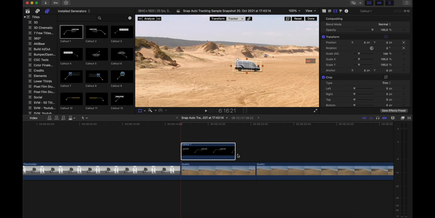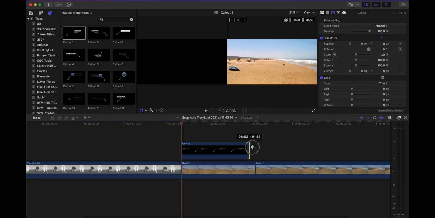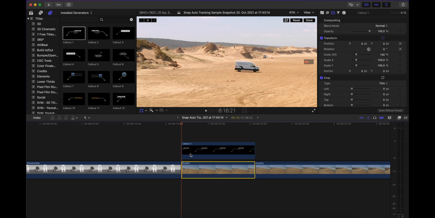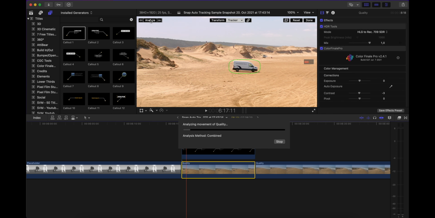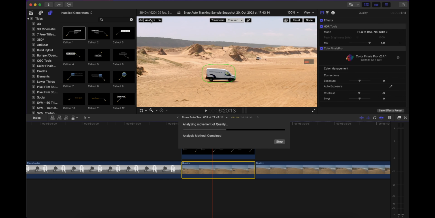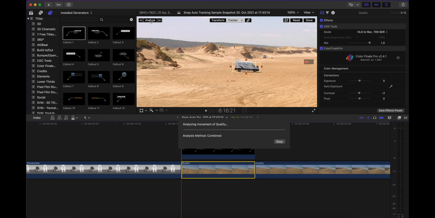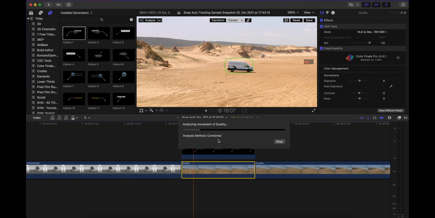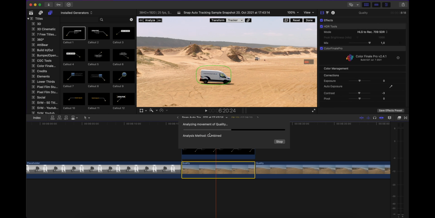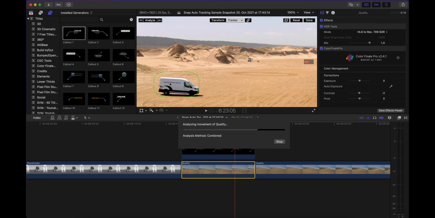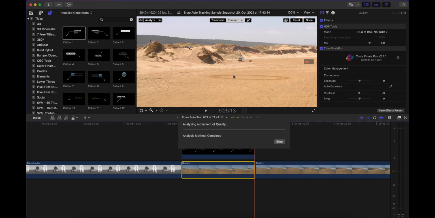We are going to do both, but before we do that, I'm going to apply my call out over the whole snippet. Whenever you're triggering the analyzing process, it will do it for the whole clip, no matter how long your effect you're applying is. So let's make it easy for the sake being and select analyze. By the way, the tracking you're witnessing right now happens in real time, so this was not sped up and this process is the slowest of the two available ones. Now you can see here that it says combined, and I will explain to you what that means in a moment. Also, you get a nice preview here what the tracking does for you and where it is tracking.